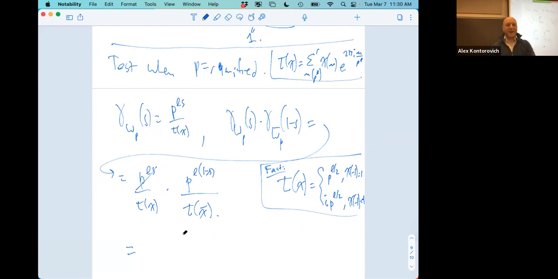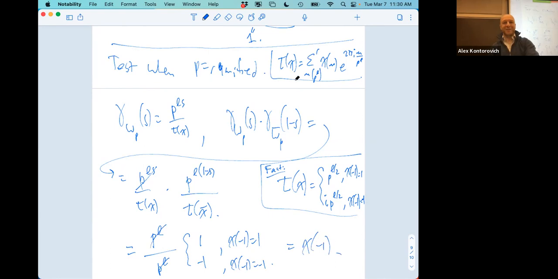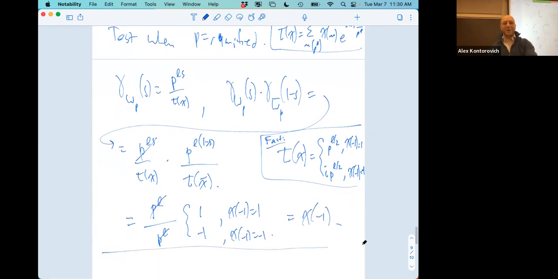So check out what we get. We get a P to the L on top, and on bottom, well, we get a P to the L over 2 twice. So we get a P to the L, and then we get either a 1 if chi of -1 is 1, or you get an I squared, which is -1 if chi of -1 is -1. Also known as chi of -1. The top and bottom cancel, and I get chi of -1. So all I wanted to point out is that this functional equation,